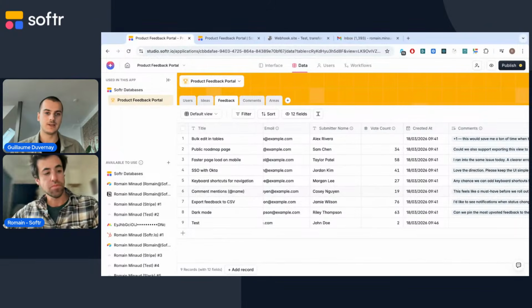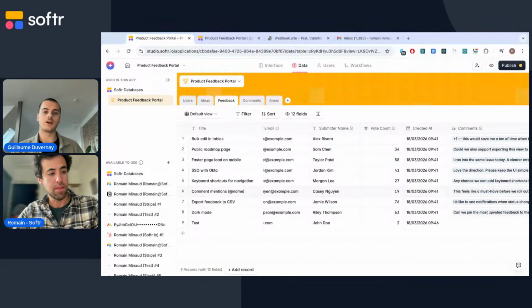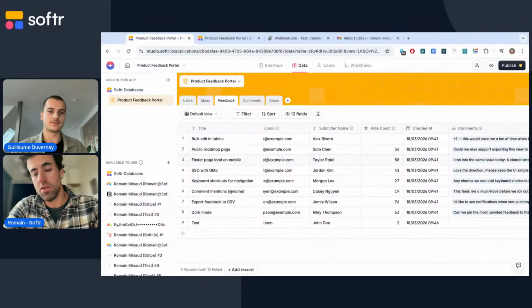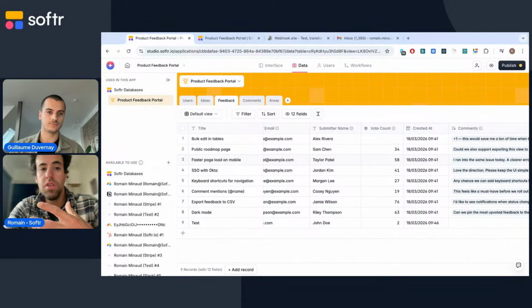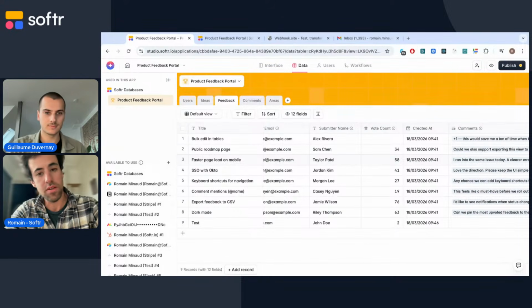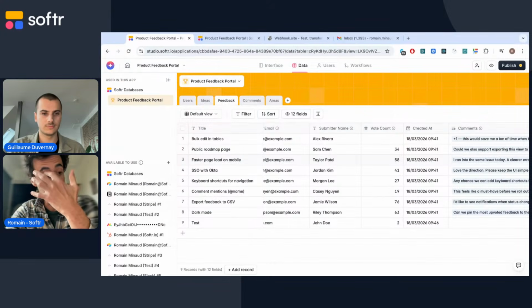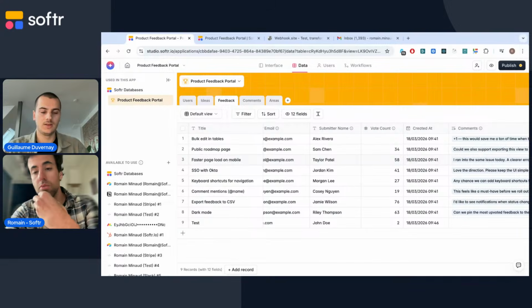Yeah. And that's not a very common edit record action that would be natively something you can set up in the Softr app directly. So here the way to go about it is to have a mini workflow. Here, if you can edit, everyone can update it and change the amount, and if you do it properly, you will want to restrict the number of times a given user can vote and so on. So here it's a very basic illustration, but this is how you can implement some business logic